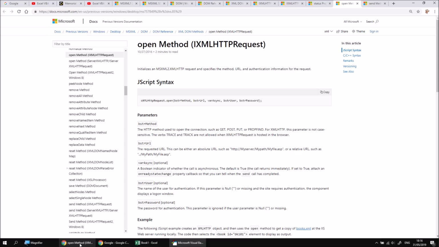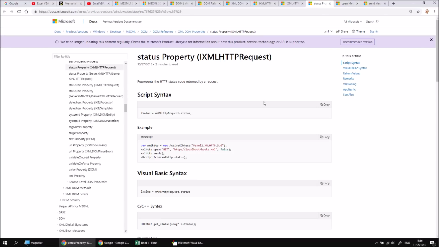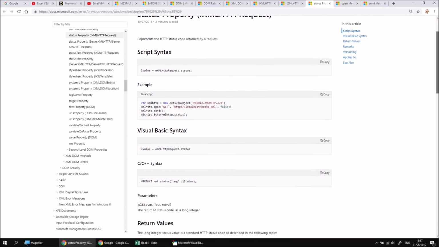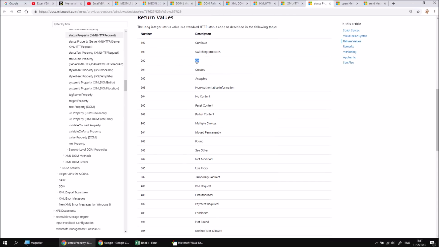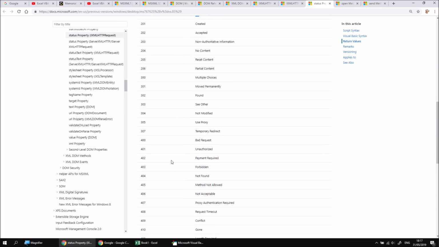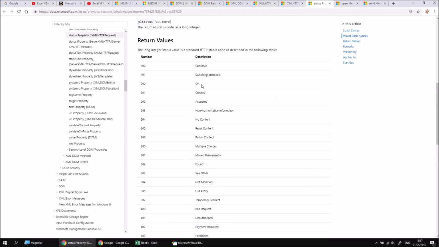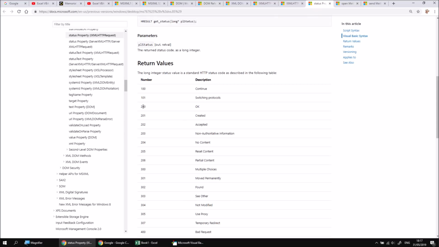There's a status property. If I just switch again quickly back to the documentation, the status property shows you what values can be returned by an HTTP request. So what we're going to look for is number 200, which indicates that everything is okay. There are many other possible return values here for the status. Things you'll probably recognize, 404 errors when you've not found the URL you're looking for, and there are many others as well. So you can use this table here to determine what to do in the event of some kind of failure. What we'll do is just check for the status of 200, and as long as everything's okay, we'll proceed. If anything goes wrong, we'll just show a basic message showing what has gone wrong using the built-in